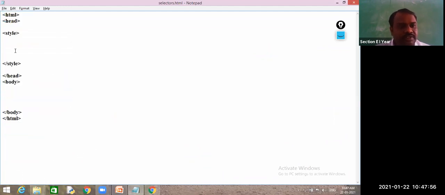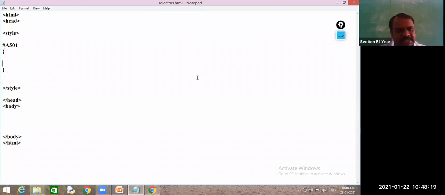If I want to write an ID selector, I need to use the hash notation as a prefix of this ID name. ID is nothing but, for example, A501. A501 is one ID, and this color is to be changed to red.